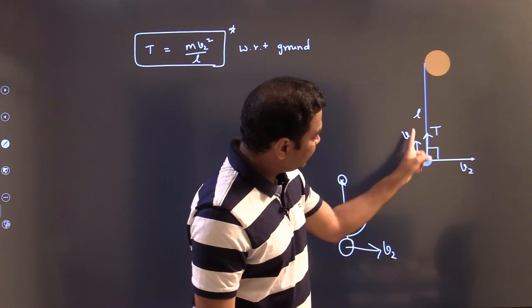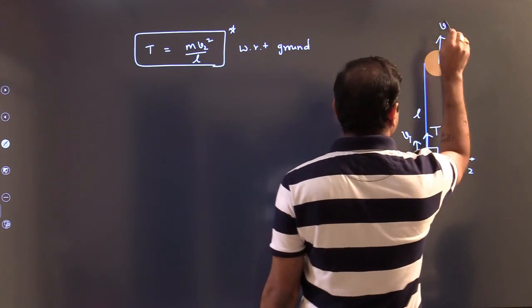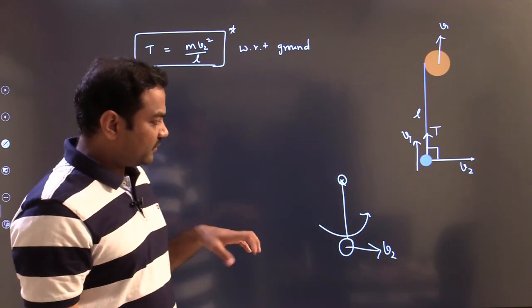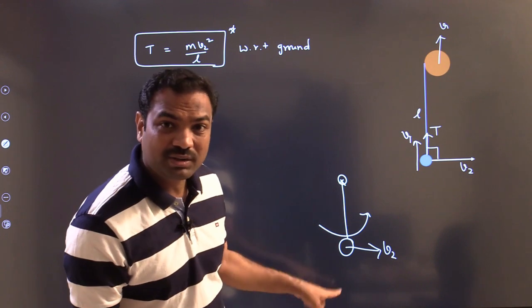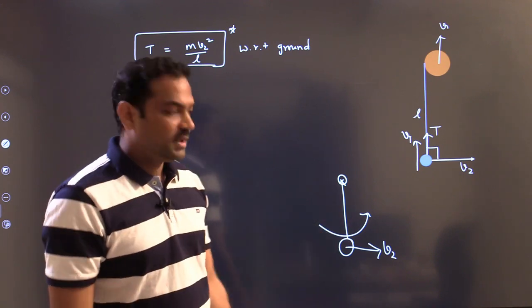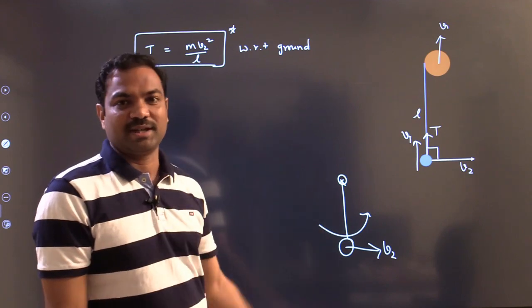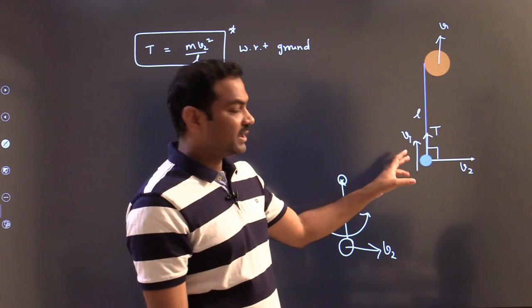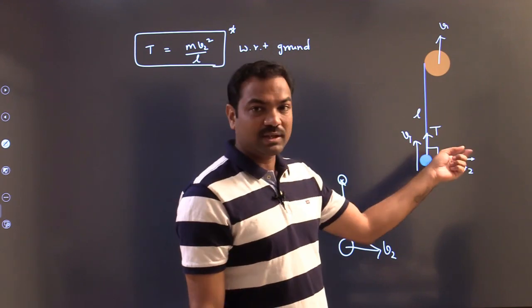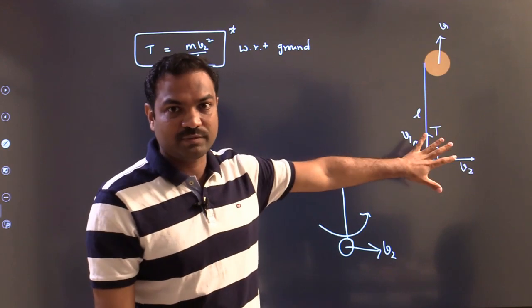The particle is having the velocity v1 also in this direction, and this mass is also having the velocity v1. Now what we have to do is make the velocity of the particle along the string 0. If the velocity of the particle along the string is 0, then you can write down this expression, because then the particle will be purely in circular motion. Now the particle is not purely in circular motion, because at the same time it is moving forward also. I am talking about the instantaneous motion of the particle.